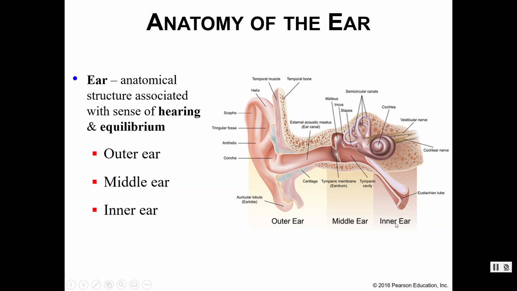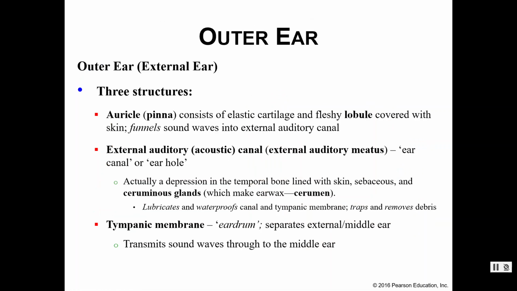So let's start with our outer ear. We've got three structures normally associated with the outer ear. You've got the auricle, also known as the pinna. This is the large elastic cartilage portion of the outer ear. It tapers down into the fleshy lobule or your ear lobe. Both of these are covered with skin, and they help funnel sound waves into the external auditory canal, which